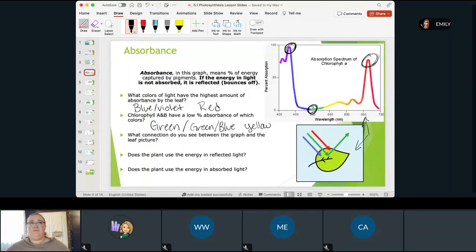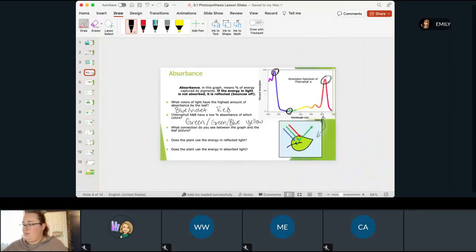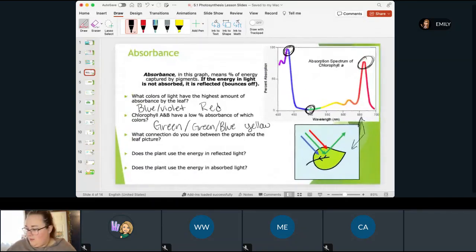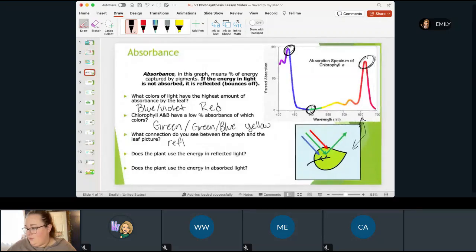Good. So, oops, I didn't mean to make that smaller. It's reflecting that green, yellow, and absorbing the other ones. So good. Now,